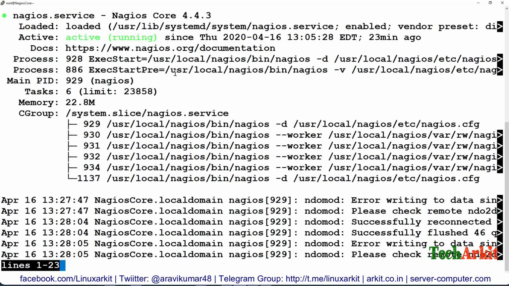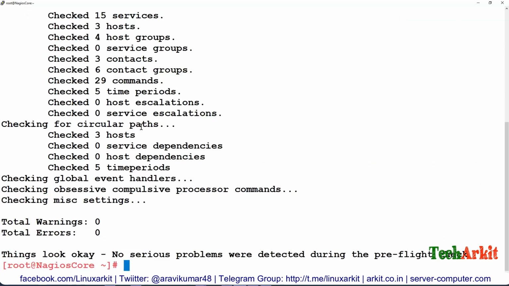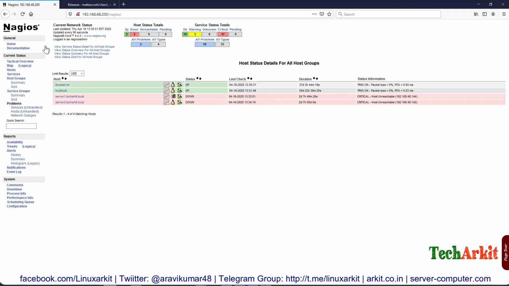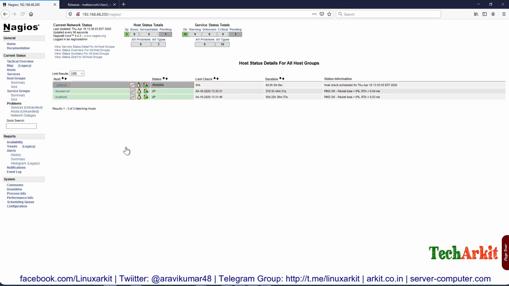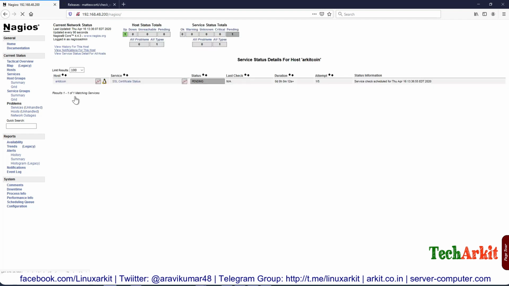Now you just run this verification, and here you can verify. I can see that there are no configuration issues on the Nagios server, and systemctl restart the Nagios service. Now let's go to the console and see whether we have that server here. I can see that ARKIT and the server is up.